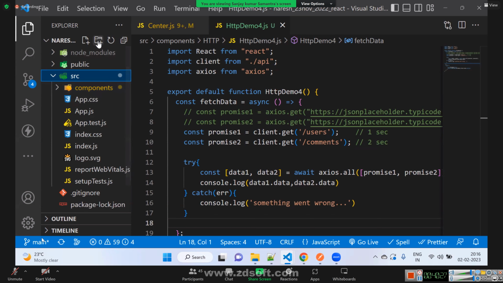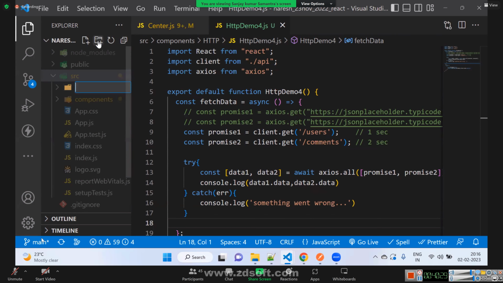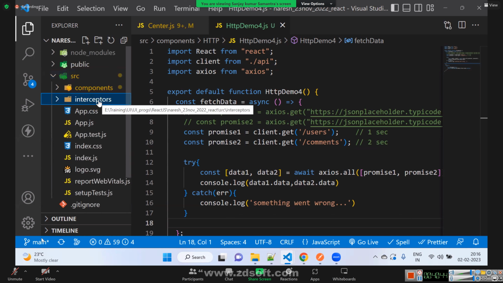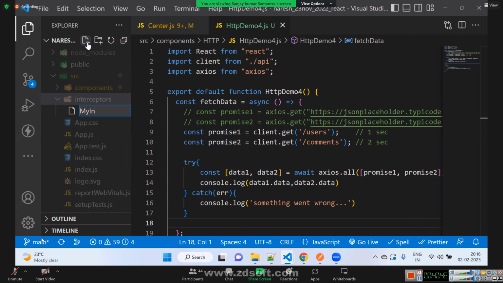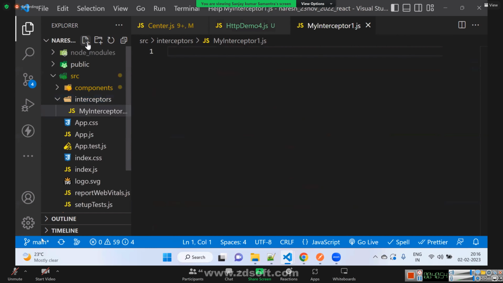I'll create another folder called Interceptors. Inside interceptors, I'll create one file, myInterceptor1.js.